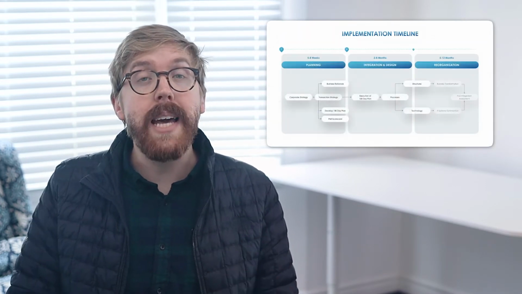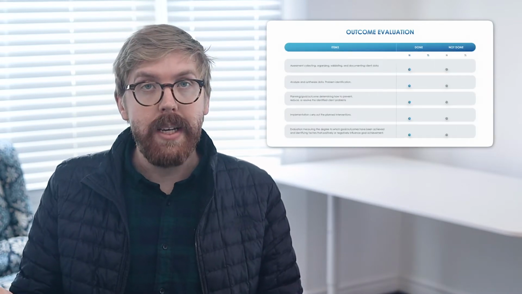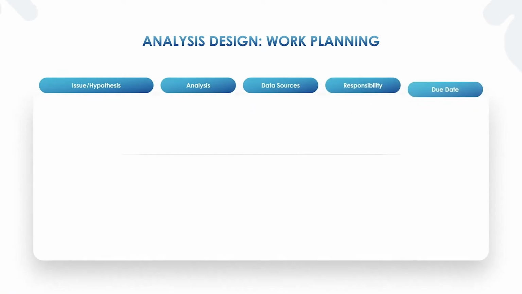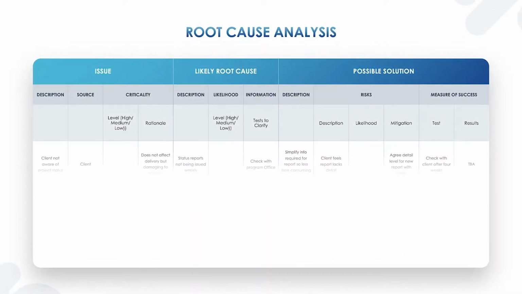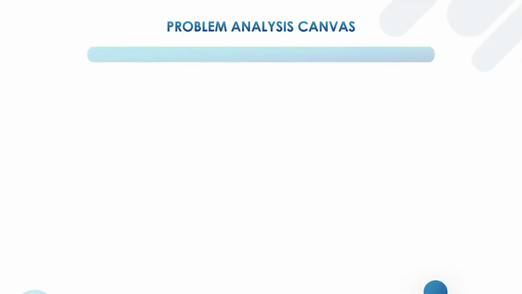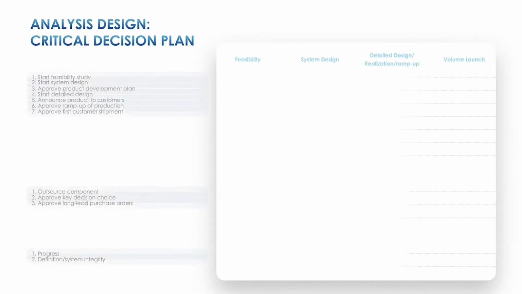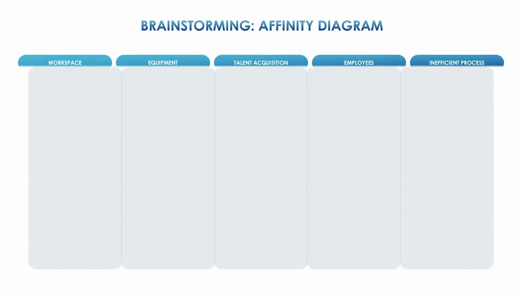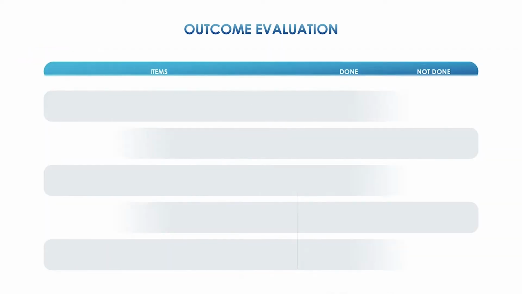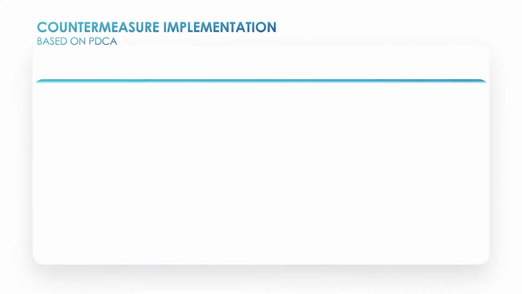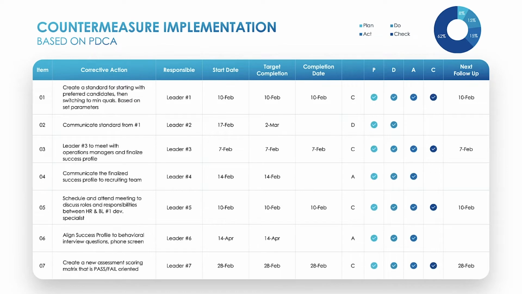implement proposals, and then evaluate the outcome. The template includes slides on A3 problem solving, work planning, root cause analysis, Fishbone, FMEA matrix, problem analysis canvas, critical decision plan, affinity diagram for brainstorming, outcome evaluation, countermeasure implementation, and many more. Stick to the end and we'll explain how a company like Netflix could use these tools to solve its recent